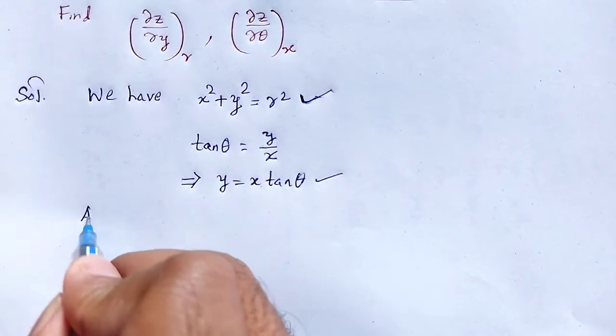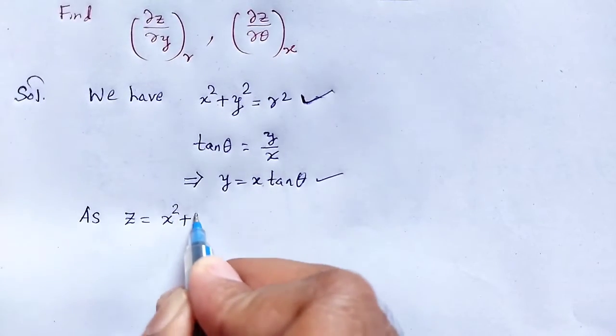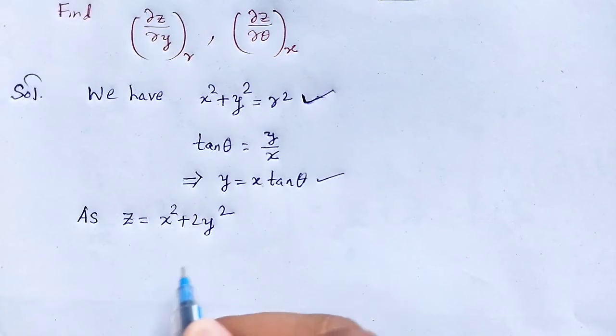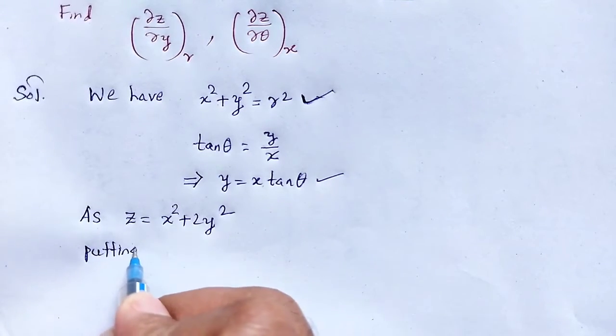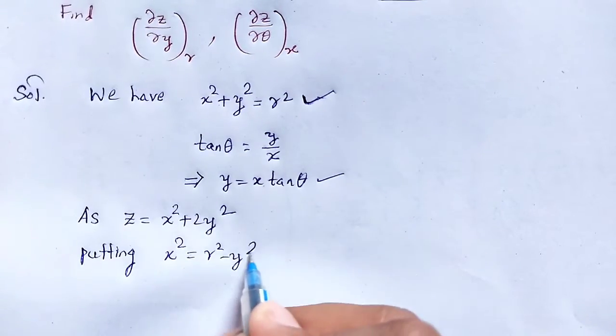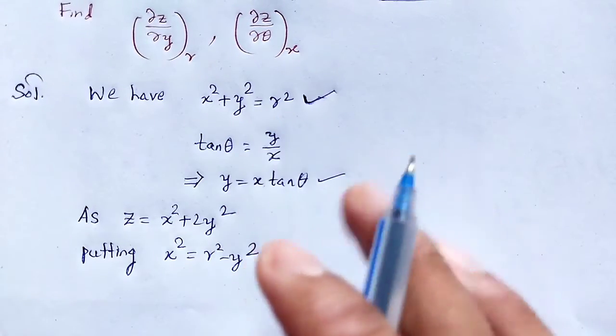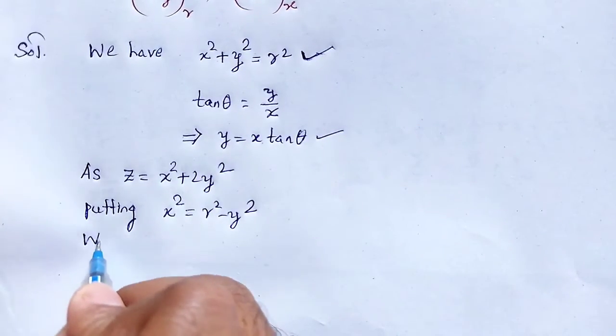We can write z equal to x square plus 2y square, putting x square is equal to r square minus y square, put in that equation, we get